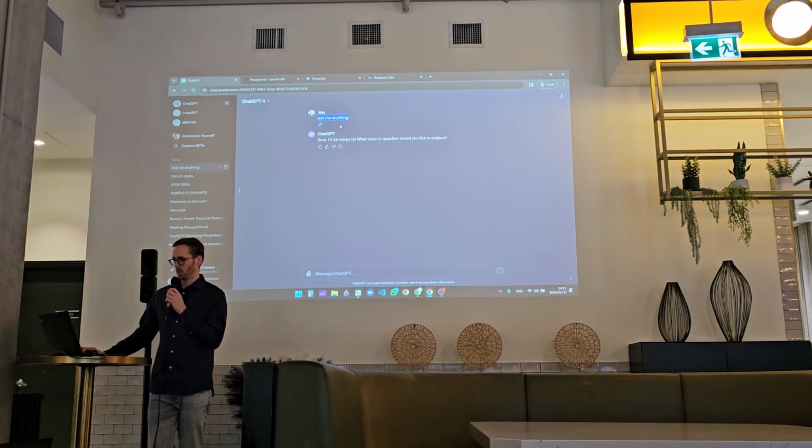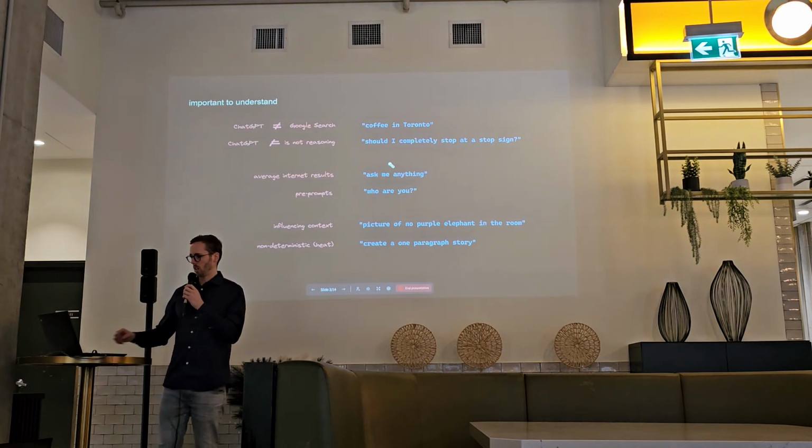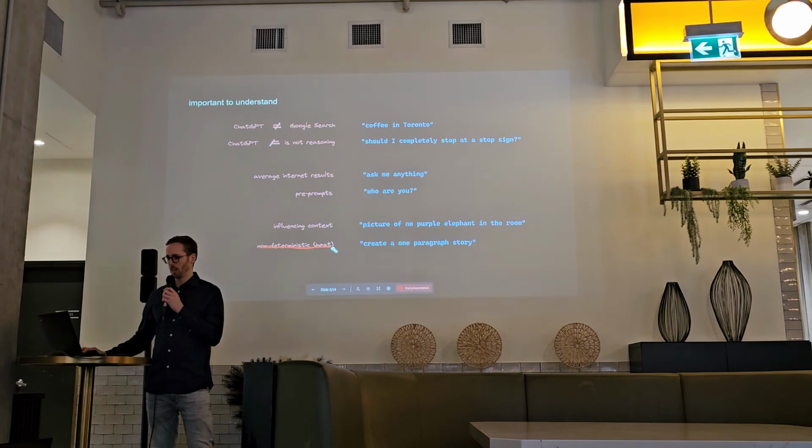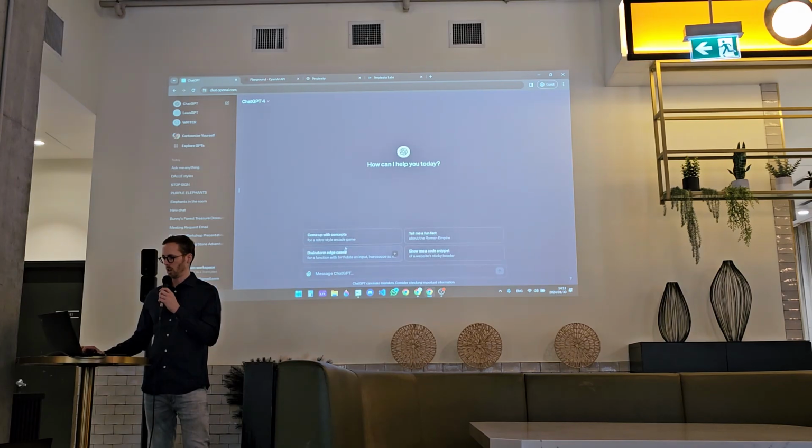So here's an interesting concept that we'll talk about as well, which is that it's non-deterministic. Because of that random element I spoke about earlier, every time you put in something, it's going to change the result. So if I just literally put that same prompt in here again,